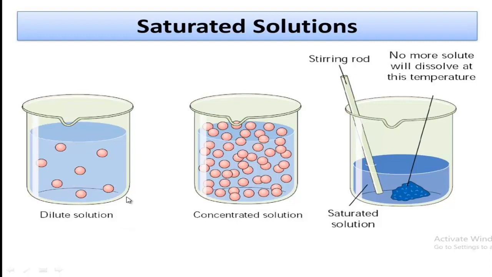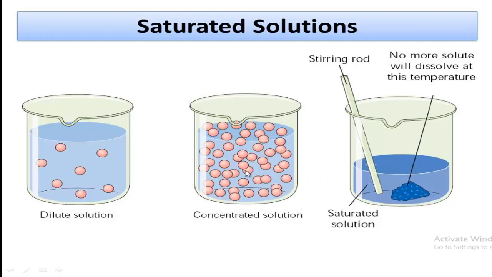Say, how do we prepare a solution? At first, we will take some water in a glass or in a beaker. Then we will add some solid particles and stir using a spoon or this type of rod. Then what will happen? The solid particles get dissolved in that water and we will get a dilute solution. Now we will add more solute and keep stirring, then we will get a concentrated solution.